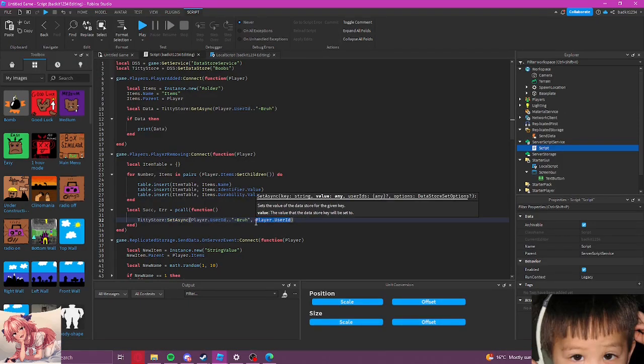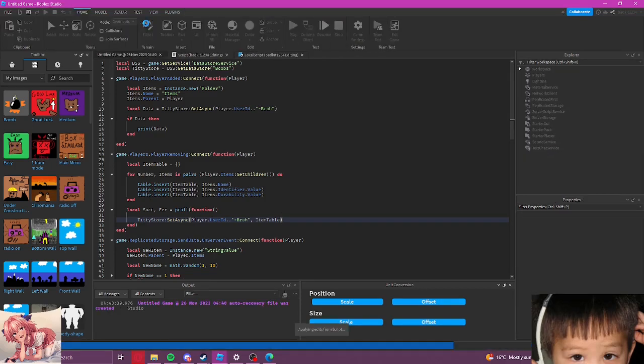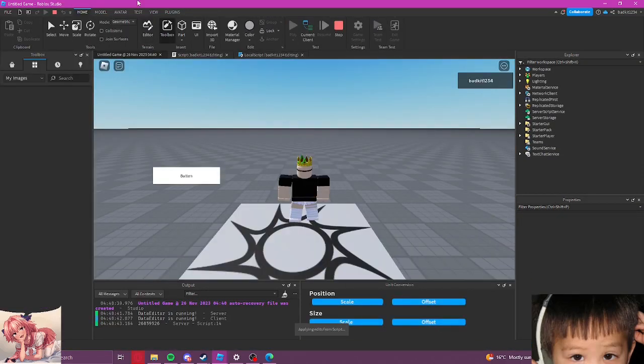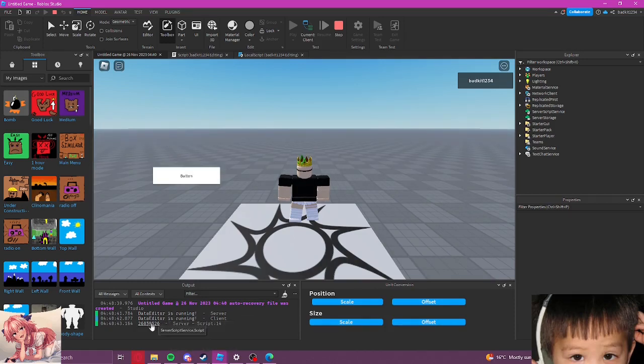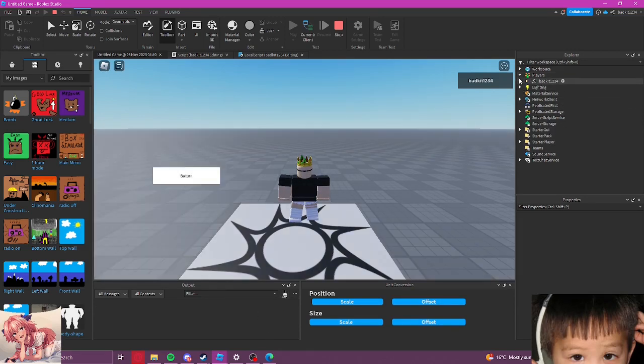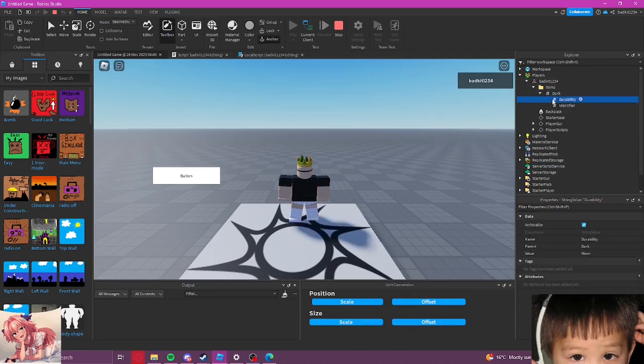So let's go ahead and save this table right here. So items table, just like that, and let's see if this works. So we click our button right here. Earlier I was just trying to save my ID, but now it's going to save this. We go into the kit, and inside of our items we do have something named dork. Yep, its identifier is 71 and its durability is worn. All right, there we go.